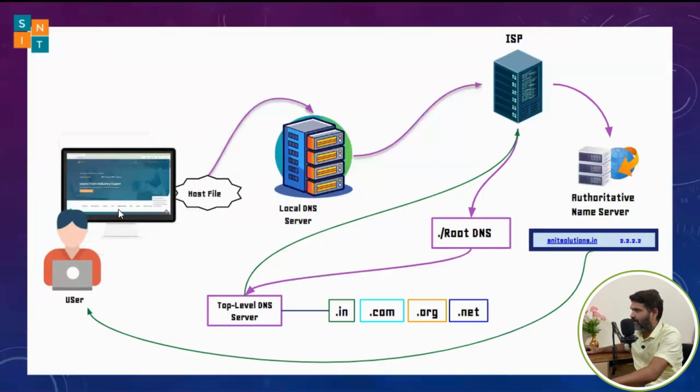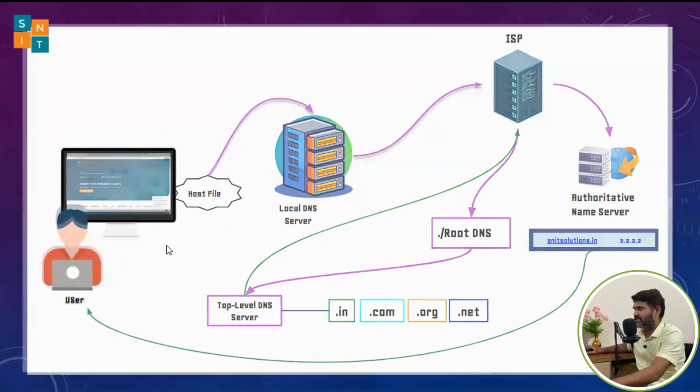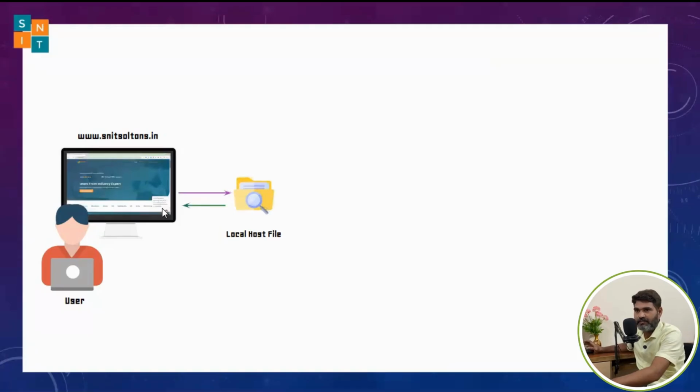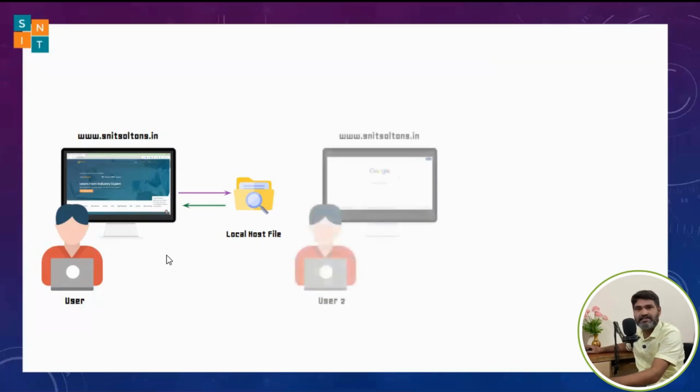So this is what happened, the entire process, and the next time whenever the user searches for this, what is it? snit.com, snitsolutions.in, that will be searched inside this host file. Now already it received it, right? For the first time, it will store that inside this local host file, and that information immediately he will get. But the first time only this entire process will happen, but the second time it will be stored in the local file. When now a second user comes and searches for the same thing inside this network, about this snitsolutions.in,